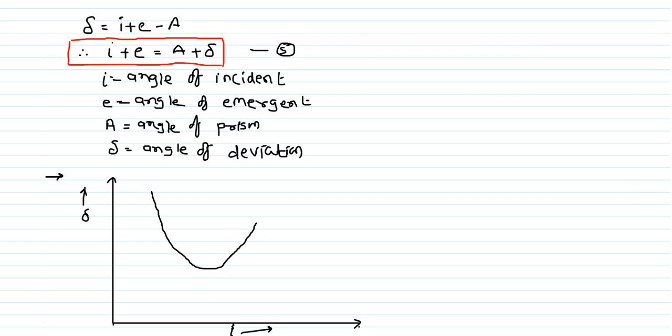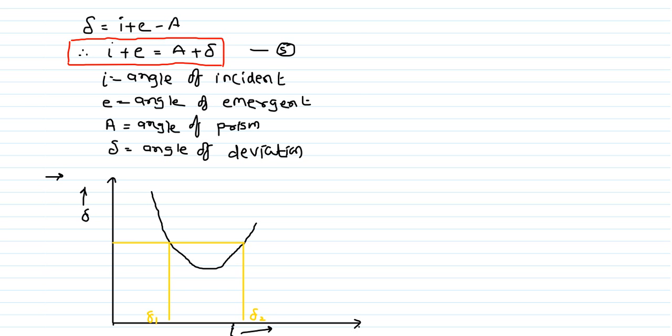That is here we can say that for this particular angle of deviation, for example, this one we considered, right? Then we have these two angles of deviation. What do we have? Two angles of deviation, that is, you can say delta 1 and delta 2. That means these are two angles of deviation.